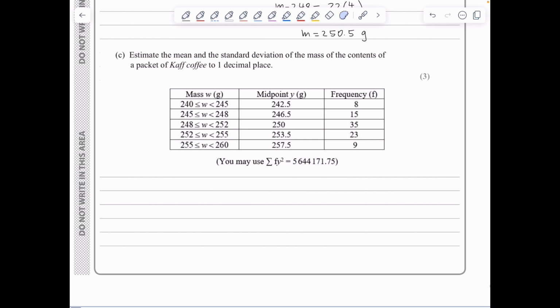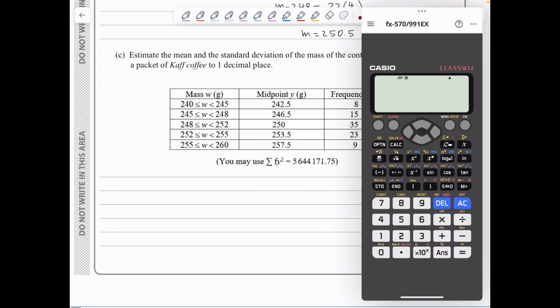In part C, we need to estimate the mean and the standard deviation of the mass of the contents. Well, we've been given this information here, the sum of the fy squared. I'm not going to use it. Instead, I will simply go on my calculator. I press menu and then option 6 and then option 1 variable, and I will actually reproduce the table on my calculator. For x, I'm putting the midpoint, so it's going to be